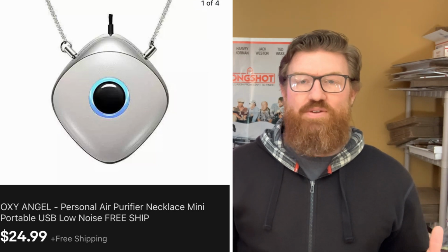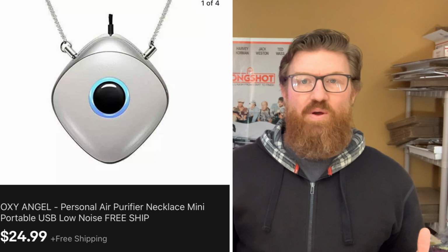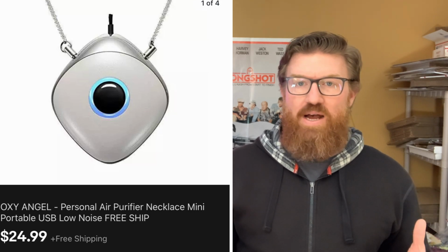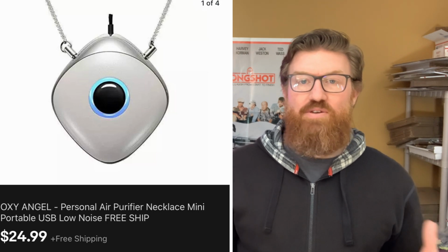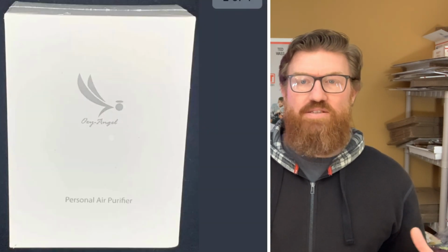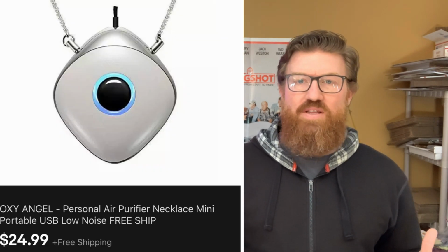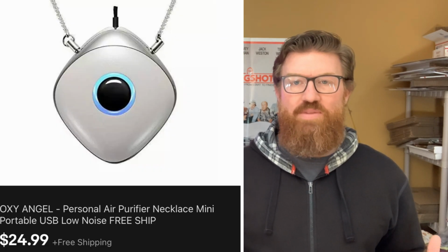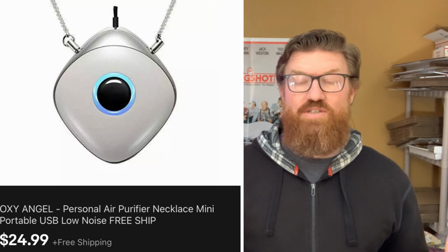All right, next up is an Oxy Angel personal air purifier. And you can see here I used a stock photo because this thing was new in box, and the box was pretty plain. There was really no picture of what the item looks like. Here's the box by itself. I very rarely use a stock photo. I don't like using stock photos, even on new items. But I felt like I had to use this stock photo to show what the item inside the box actually looked like. And I picked a number of them up at the live auction. This one sold for